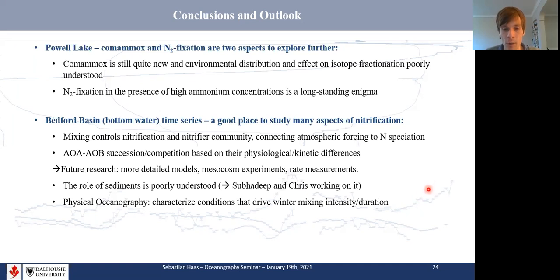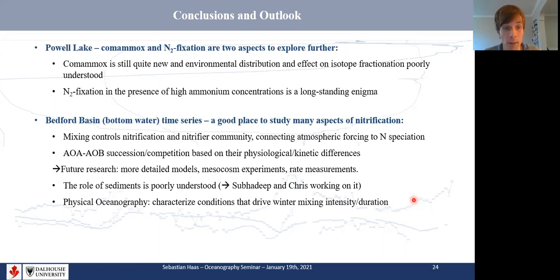intensity and duration. So we ran into this in our study, where it wasn't clear exactly which conditions would cause differences in winter mixing intensity between years in Bedford Basin. And that's always surprising with Bedford Basin, where it's been studied so well. But I think this is really one potential area. I hope I don't go beyond my expertise here, to say for physical oceanography to study in the Bedford Basin